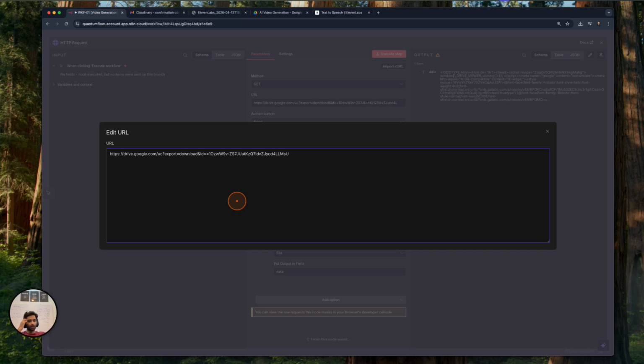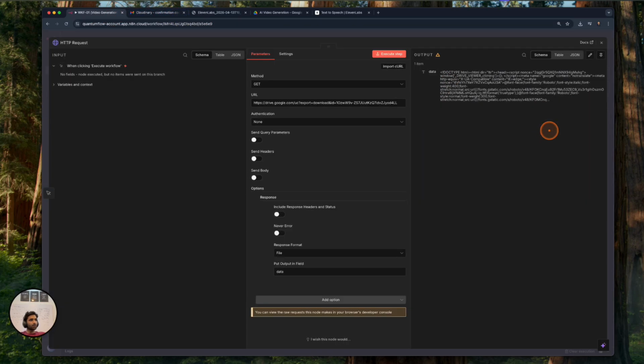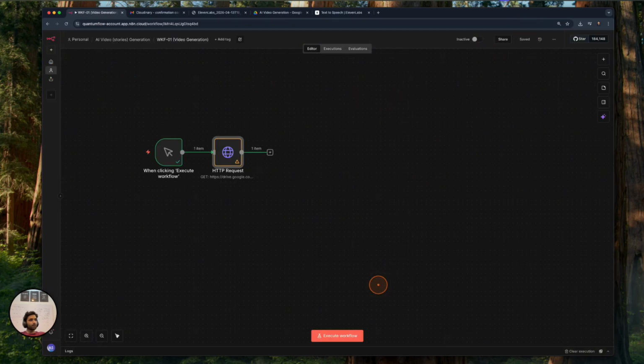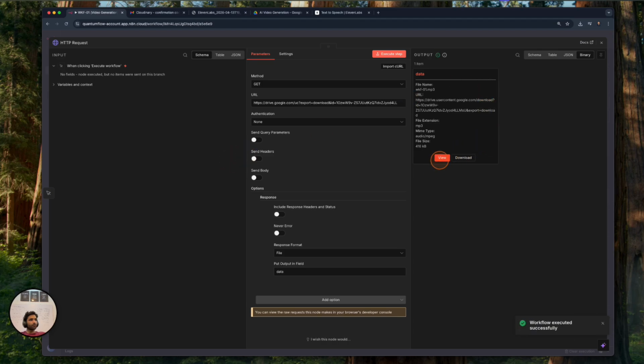Okay, I will paste over here. This is something you need to do. You will keep the same ID, same endpoint, only you will use UC, question mark, export equal to download, and ID equal to the ID that we have already. Okay, so that is done, and now I will save it and execute it, and now we have